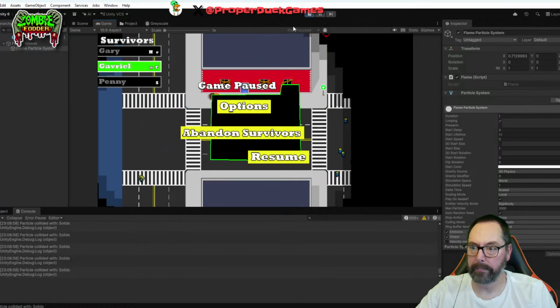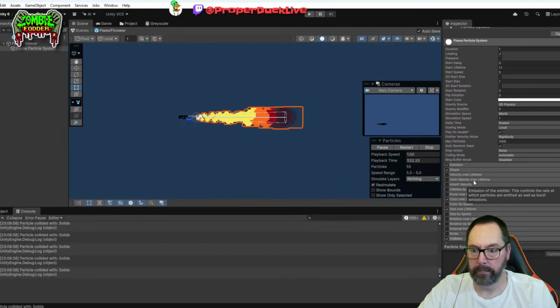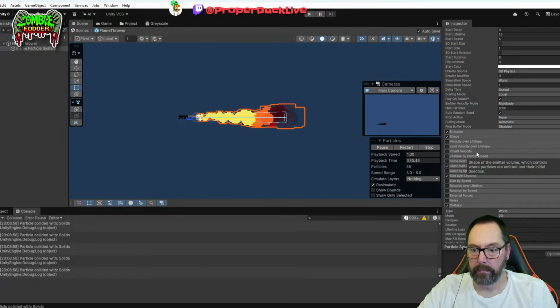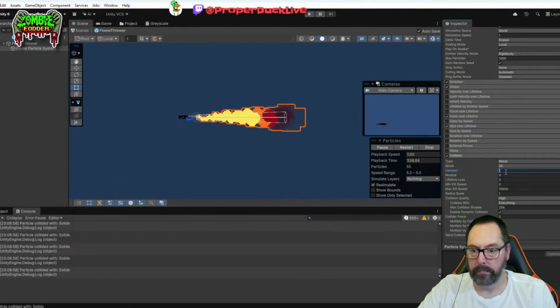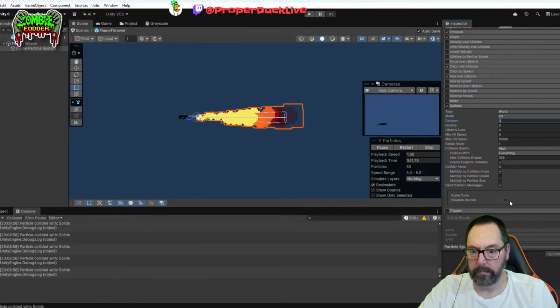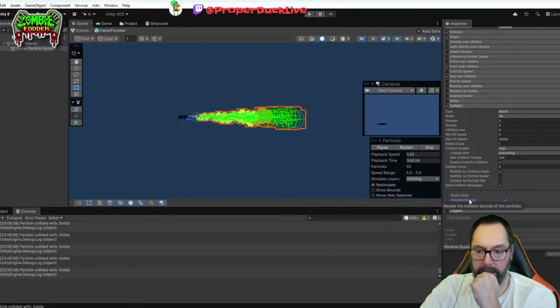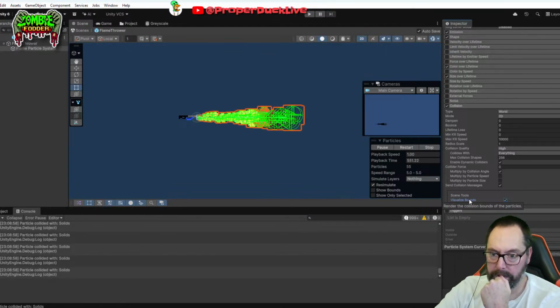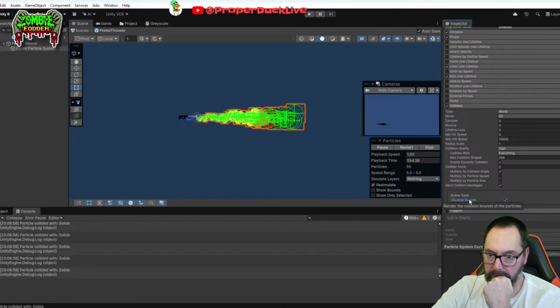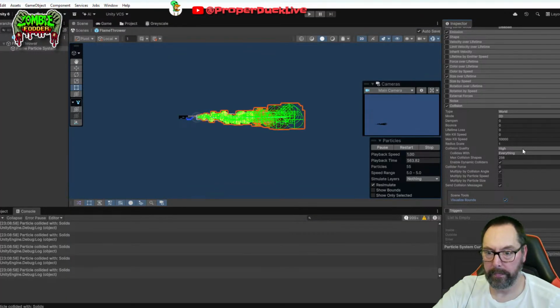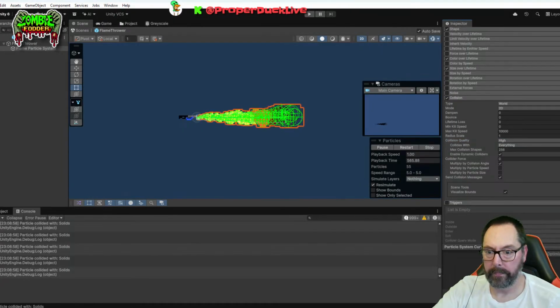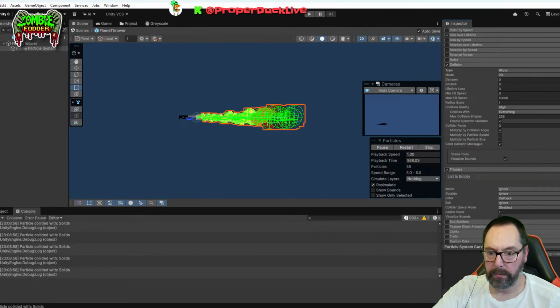No. Visualize bounds. How can I change the bounds? Triggers would be cool if